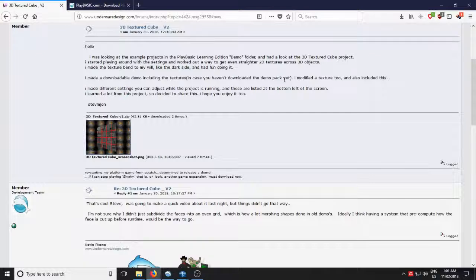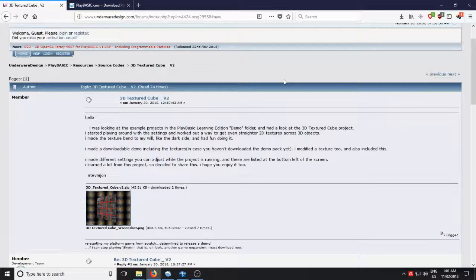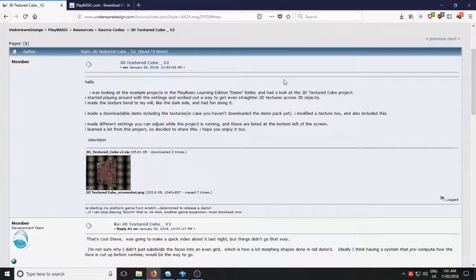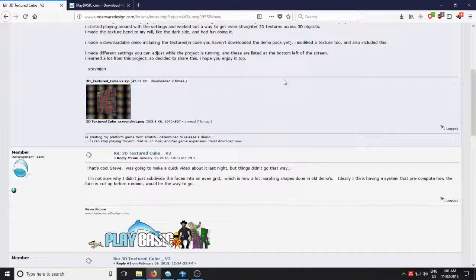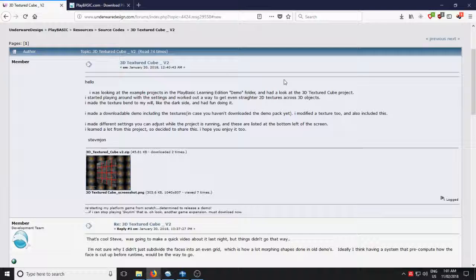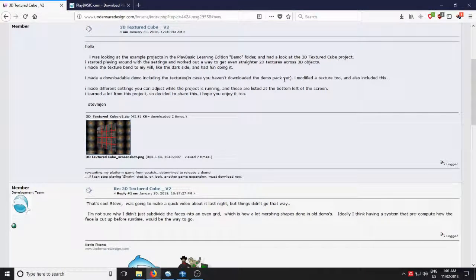Those who played a lot of PlayStation 1 games would be familiar with that, because the PS1 didn't have perspective correction for its texture mapping either. And from memory, it didn't have Z buffering either. So the people who wrote most games were coming up with some pretty ingenious ways to get around those issues. The perspective correction problem is generally overcome by subdividing the face we want to texture map,